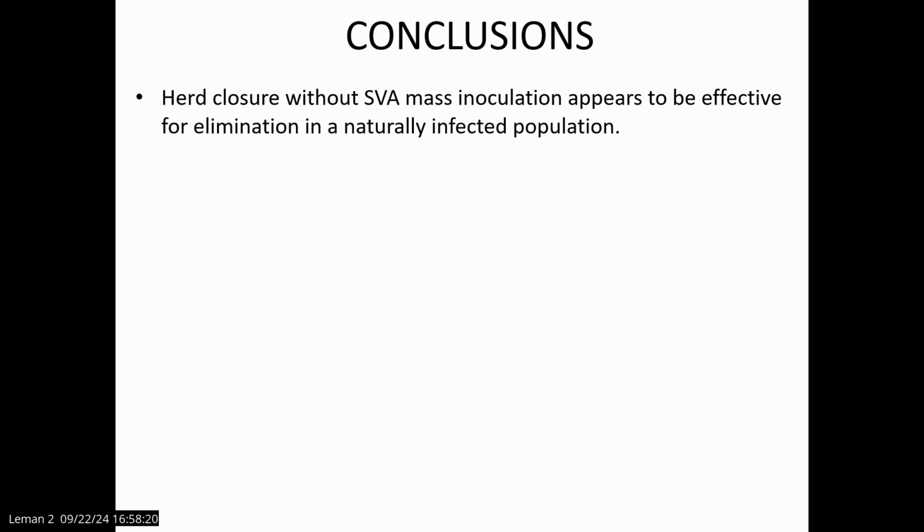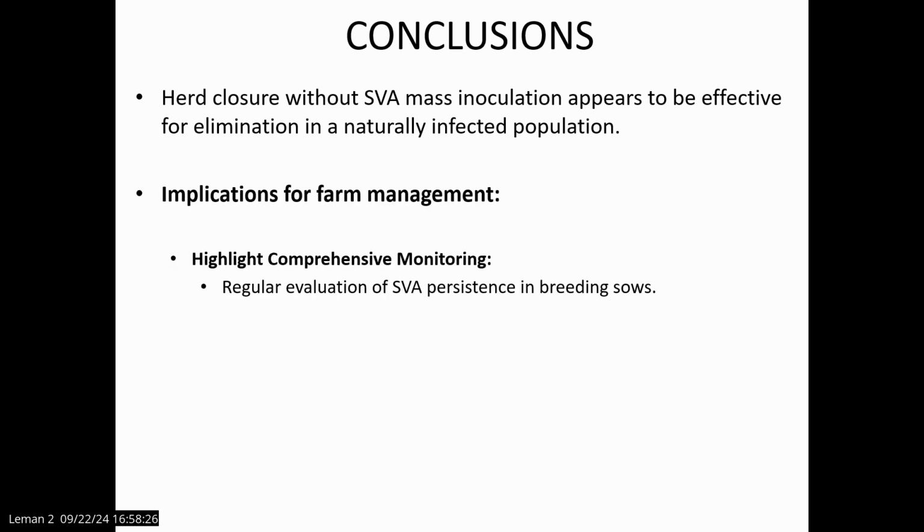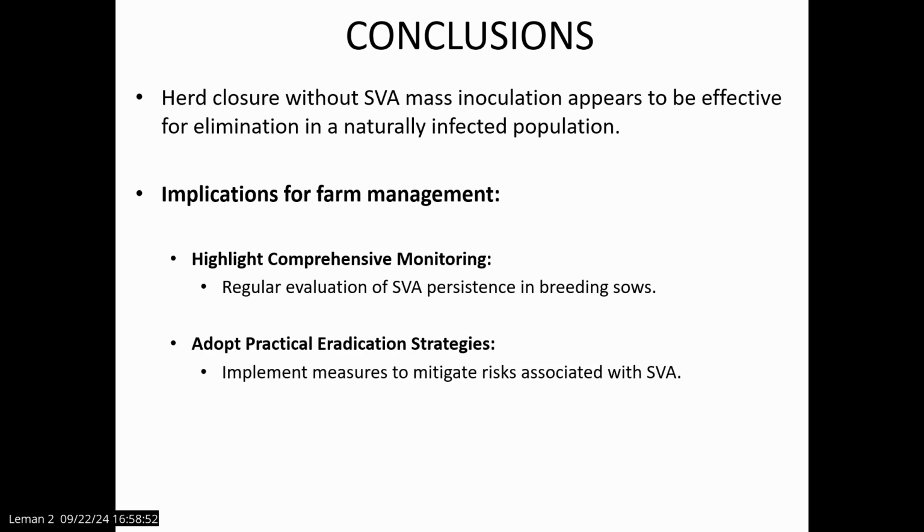appears to be effective for the elimination of a naturally infected population of Seneca. And the implications for farm managers are, for example, we need to highlight comprehensive monitoring, because this farm during the whole project didn't show any clinical signs such as those described in the literature. And we encourage the production system to do a regular evaluation of Seneca and its persistence on those farms that are without clinical signs. And also, we encourage the adoption of practical eradication strategies because this farm had a long herd closure